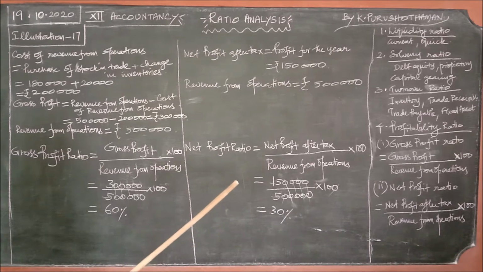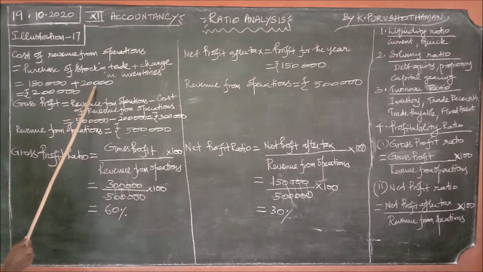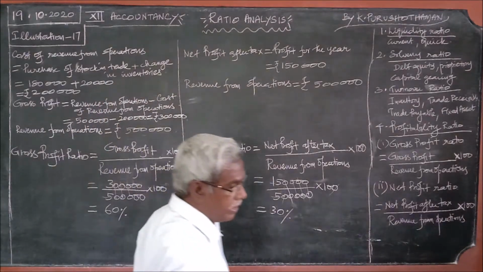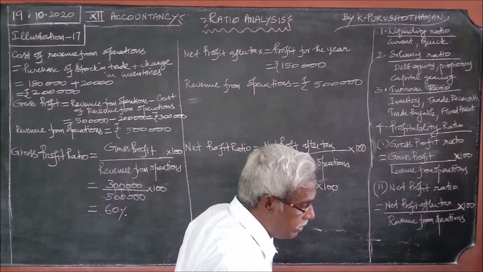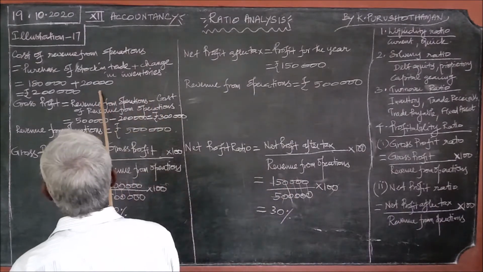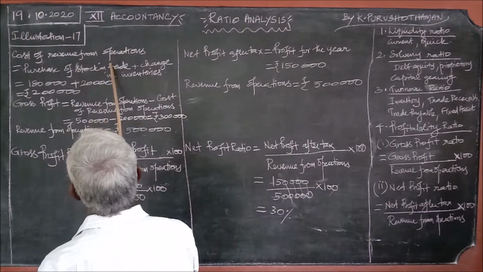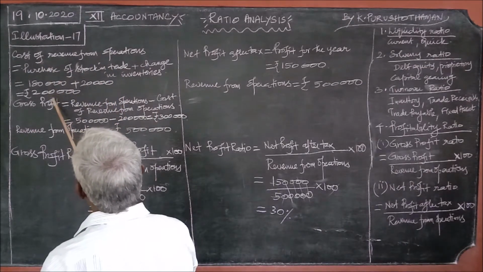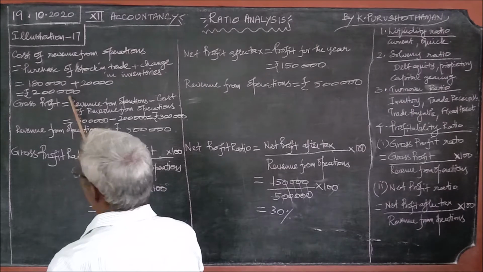The stock in the beginning is 10 tons. Now it has come to 7. So from 10 to 7 it has gone. Therefore, what is the change in inventory? That is 3, and that amount should be written here. The change in inventories is given straight away in the problem itself. Change in inventories 20,000, so I have written here. Purchase of stock in trade plus change in inventory. If you add these two, you will get cost of revenue from operations.